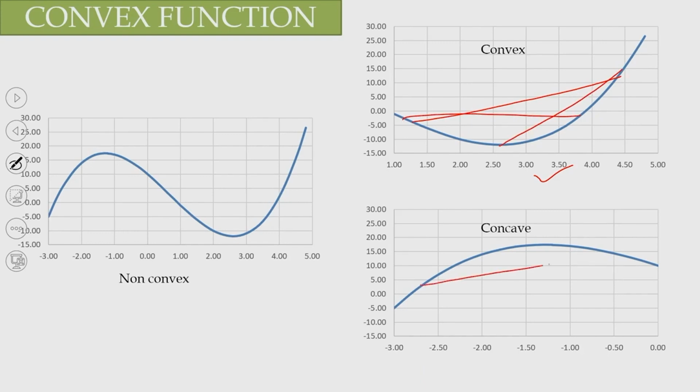Similarly, this function is a concave function, because if I take any 2 points and then join them, the line will not cut this function anywhere else. But this function is a non-convex function. Okay. Suppose if I consider this region, then this is a convex function and this is a concave function. This is a concave function, but between -3 and +5, this function is a non-convex